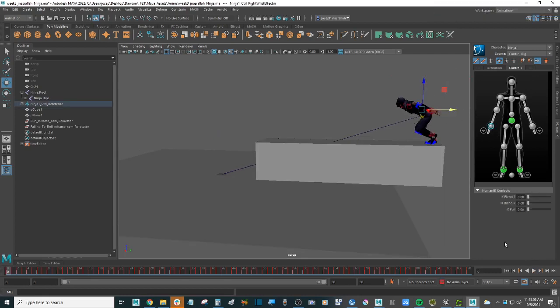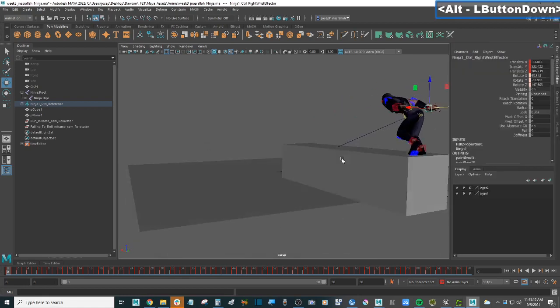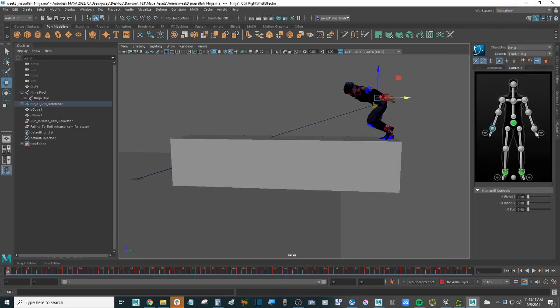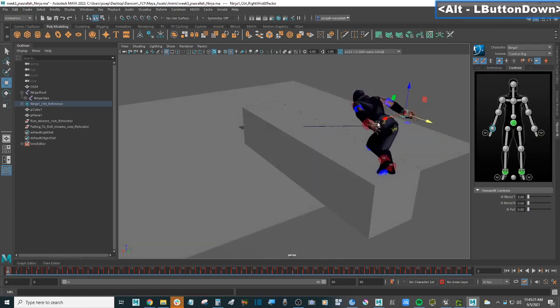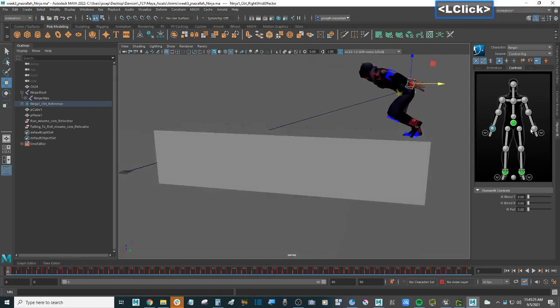So let's say you don't like the arms here, they're a little bit high or low. So now what you do is you select the arm, or the body part that you want to modify,